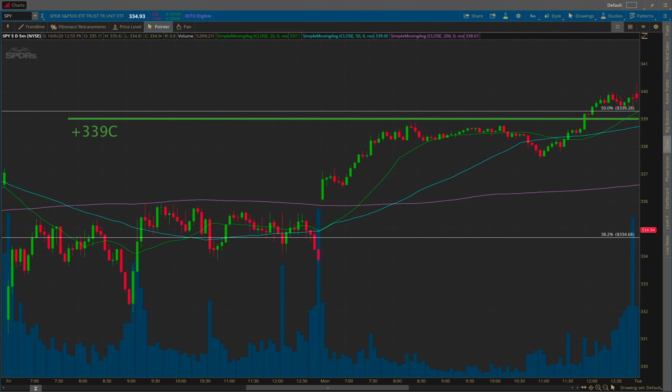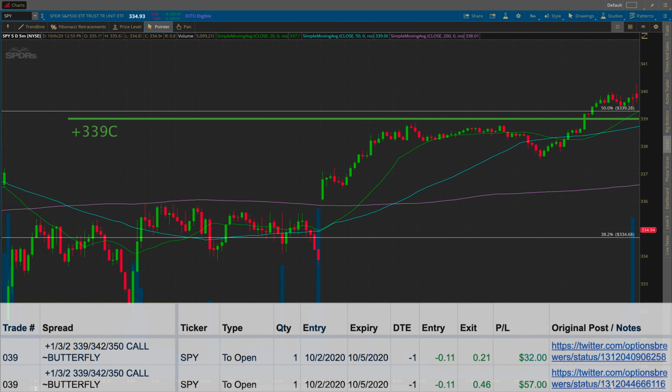And with the way the internals continued to remain very healthy, I continued holding until I was able to flip out the last piece for around 71 cents, netting me a total of 82 cents of profit there. Officially, this trade was an 89-cent winner in total. Not bad at all for just one day, especially without any necessary adjustments and without having to take any heat throughout the trade. All it was, was just setting up the trap,